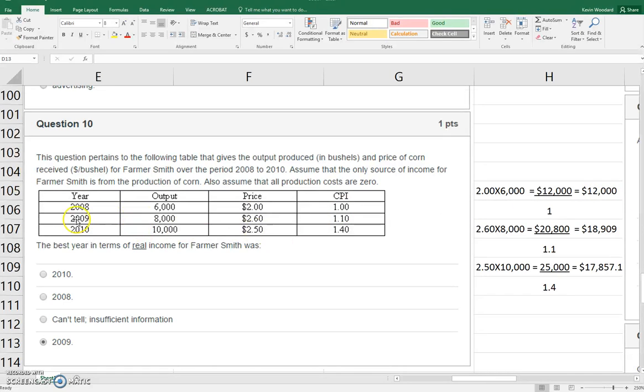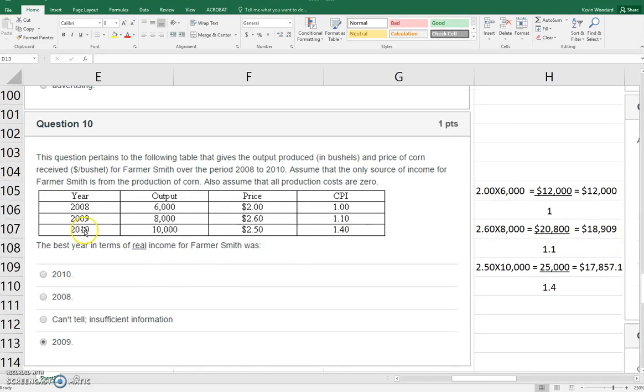If we look at 2009, we've got 8,000 in terms of our output. $2.60 was our price, but our index is going to be 1.1 in terms of our price change, and we're going to bring that back later because we have to divide that out. So we just multiply these two out. That's 2.6 times 8,000, and we end up with 20,800 divided by the 1.1 gives us